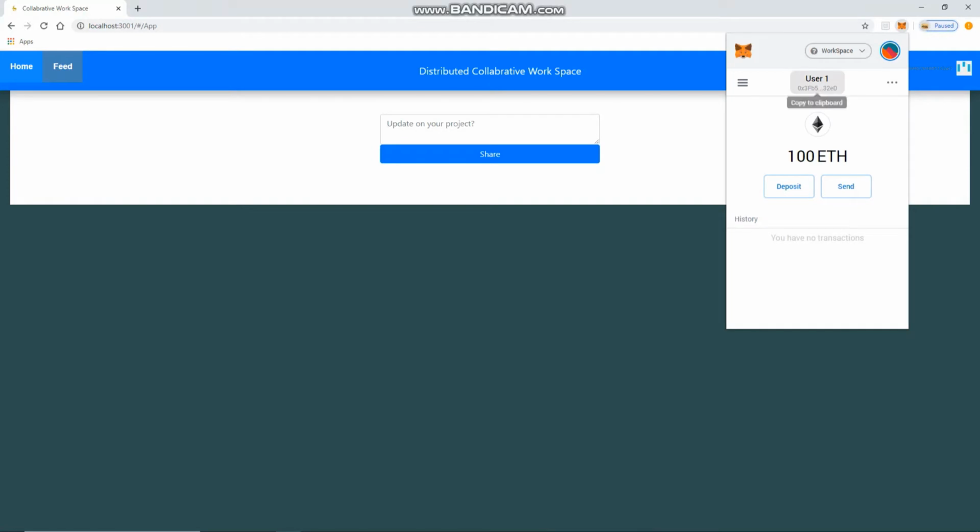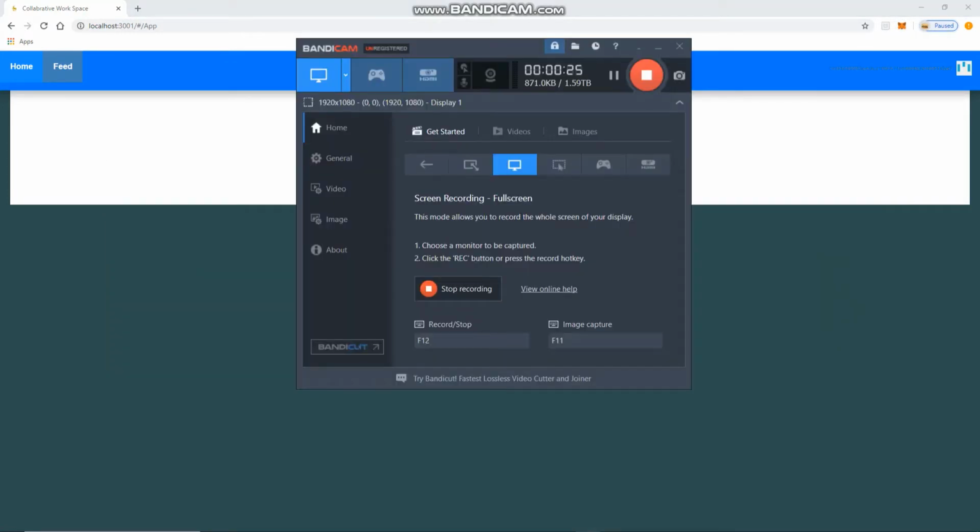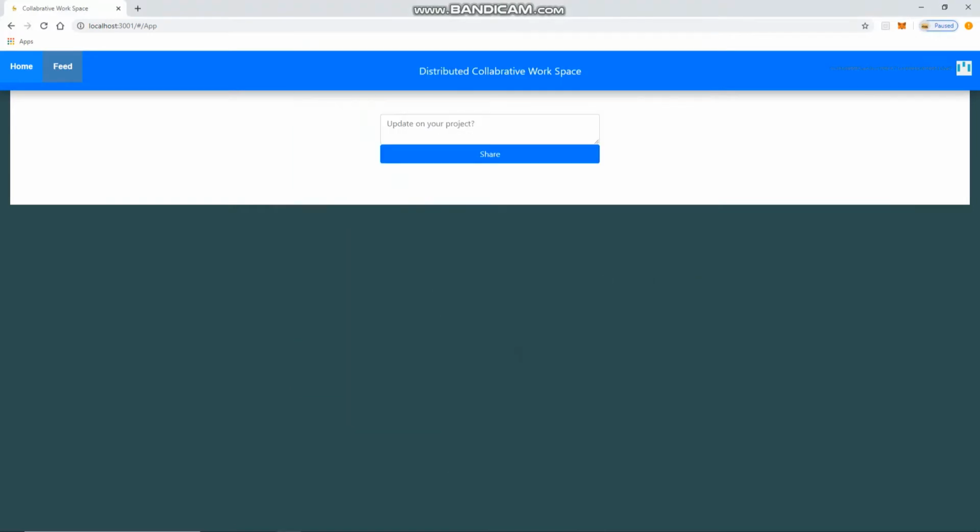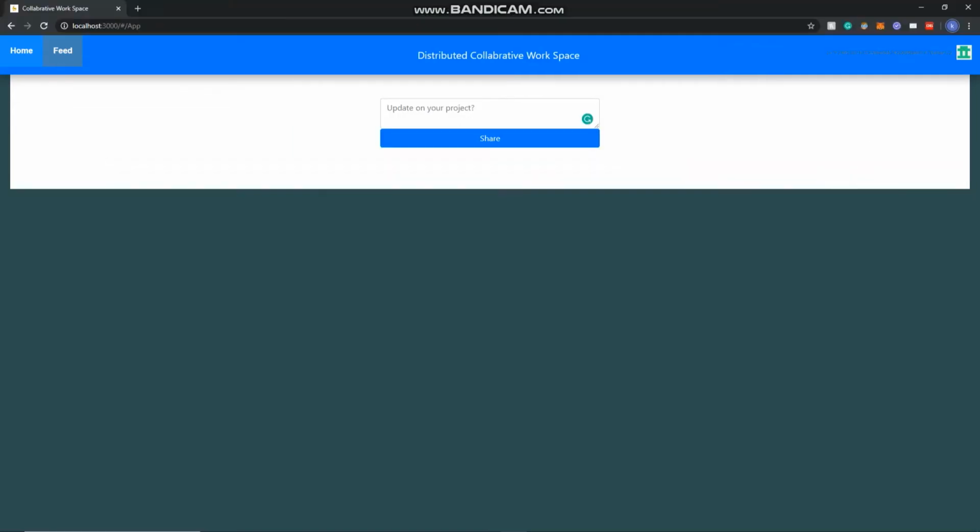First of all, I make sure that the users are all connected to the blockchain network using the browser extension MetaMask. Here, I name my private blockchain network Workspace. MetaMask is used to connect to any blockchain network, as well as confirming or rejecting any transaction that is conducted within the dApp. Here we can see user 2 is welcoming the team to the project by creating a post